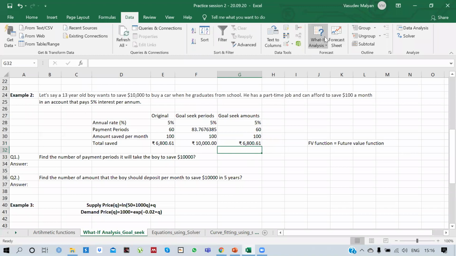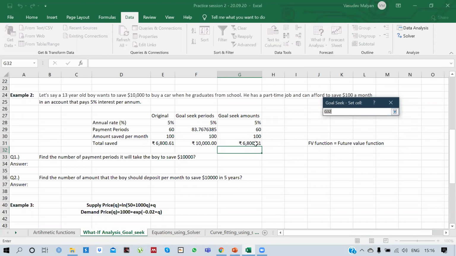Now I want to use the goal seek analysis. So go to the what if analysis, go to goal seek. Now you're supposed to change the total amount saved and make it 10,000 by changing your amount saved per month, because your payment periods are the same and your annual rate is also the same.